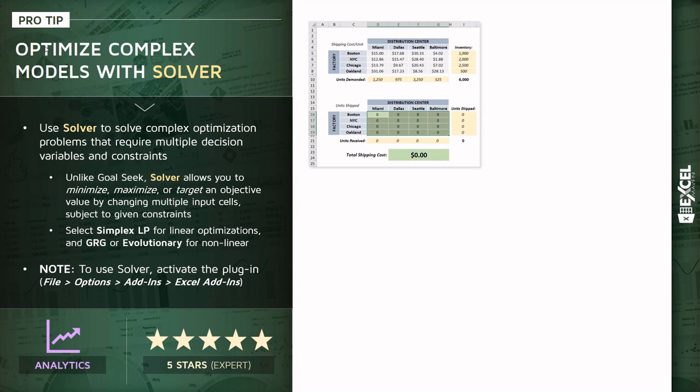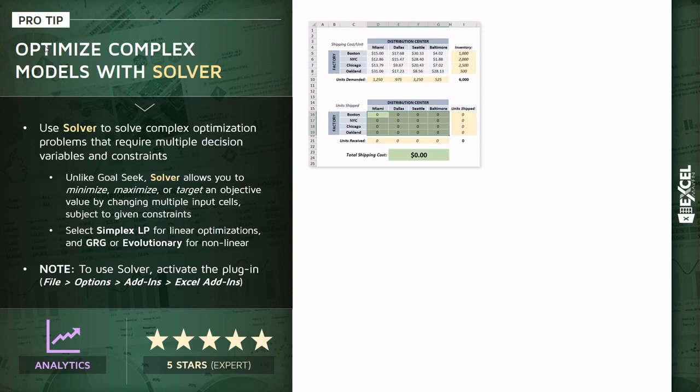For one, we need to fulfill all of the orders demanded, in this case 6,000 total orders, and two, we can't exceed the inventory available at each specific factory. So for a problem like this, we really can't use simpler tools like goal-seek, which required a single input or decision variable and a single concrete outcome. In this case, we need to use Solver, because Solver allows us to either minimize, maximize, or target an objective value. It allows us to change multiple input cells or decision variables, and